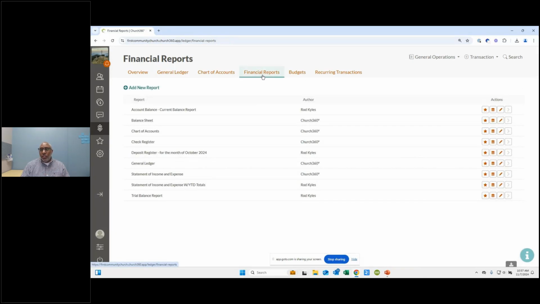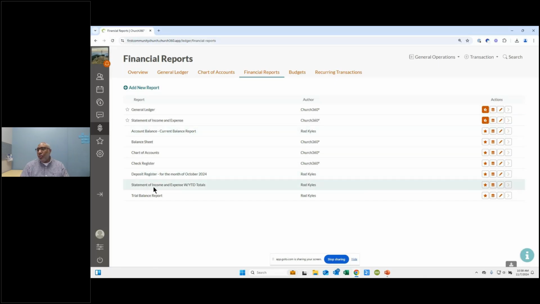Now there's one other button I want to show in here. It's the starred reports. I've only added a couple reports, and this list for lots of people is going to get long. It's just going to run on and on and on. But you can star a report, and then once you've starred that report, the next time you come back to the screen, that report will jump to the top. And right now we don't have a whole lot of reports, but as people begin to use it and you've got 20, 30, 40 reports, you'll definitely want your favorites at the top. And then below that, all of those will sort alphabetically.